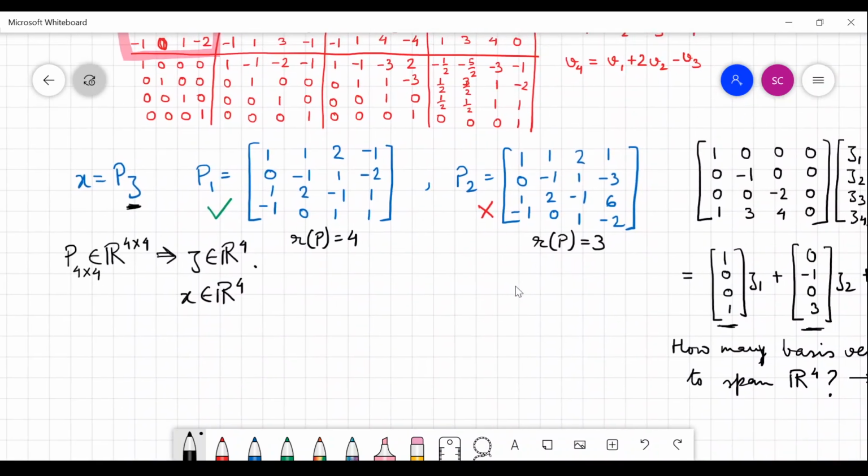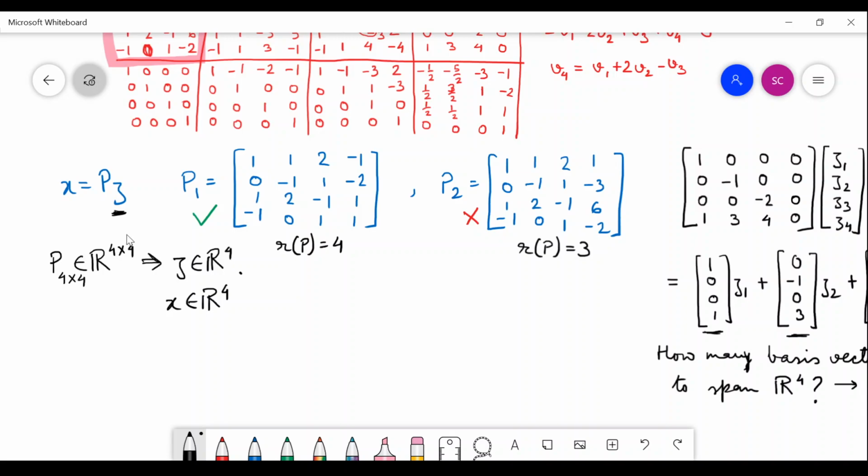If we start with so many vectors, we have to come to another space which also has the same dimension. The spatial dimension must remain the same. If we have lost the spatial dimension, that means we are working in a narrower, constricted space, and whatever analysis we do in that constricted space will not be able to translate back to the bigger space which we started with.